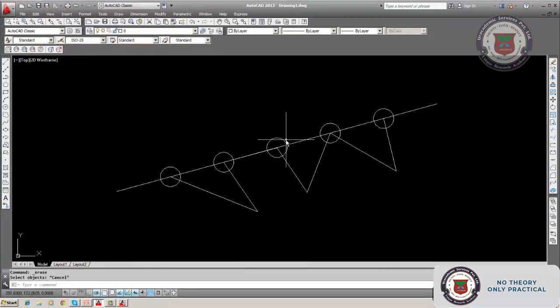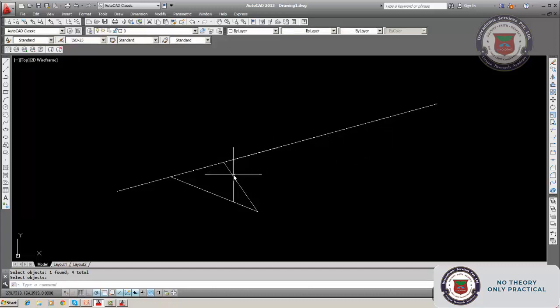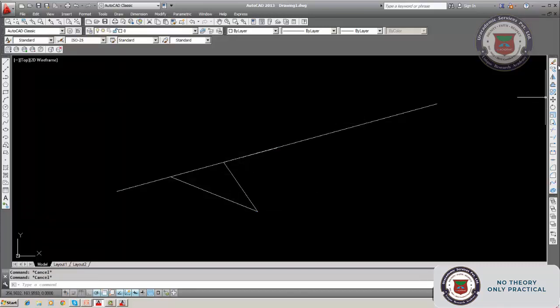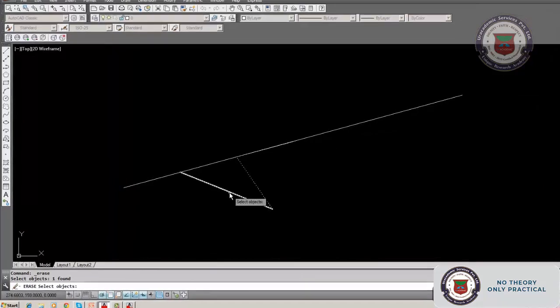Suppose we want to see these points once we divide a line for some specific purpose, or we don't want the points to appear there. Then what we have to do is select PD mode 1. No point will be seen there, but the line is divided. To show the division, you have to have points seen there, and once we divide the line, you need not have the points there. So then you can erase.